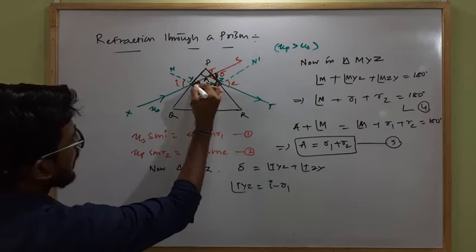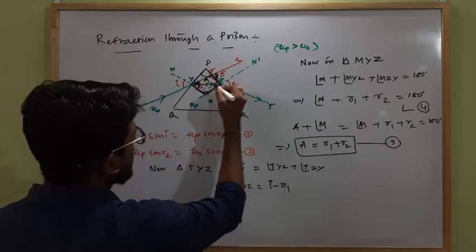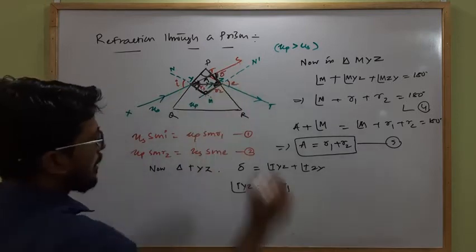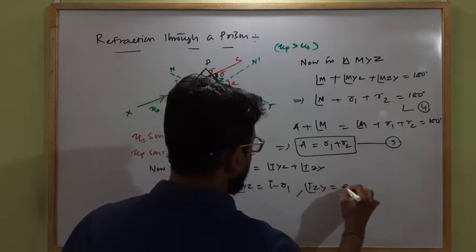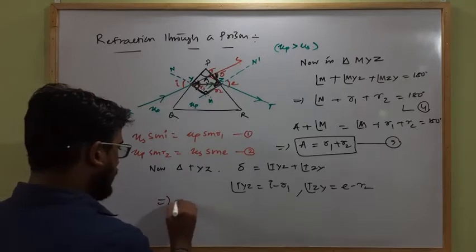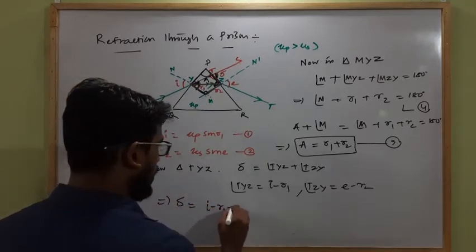So this small angle will be I minus R1. Similarly, this complete angle is E, but this much angle is R2. So this angle will be E minus R2. So this is TYZ. Similarly, TZY angle will be E minus R2. Clear? So this implies the deviation angle delta will be equal to I minus R1 plus E minus R2,